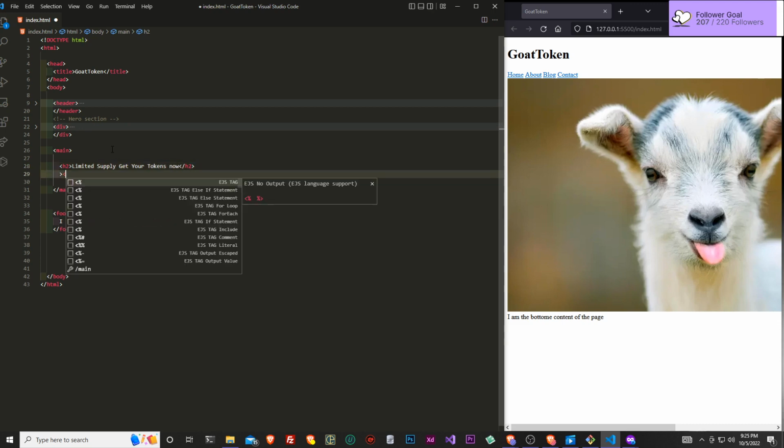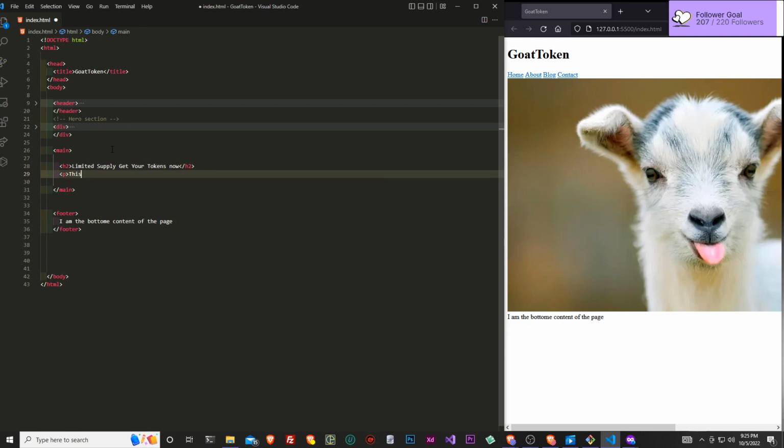And then we can say: best token on the Ethereum or Nervos network, and a little description about it.